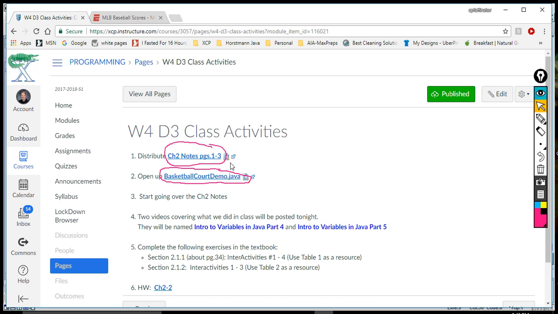But also make sure that you have done a save as with this Java document, so it is saved in your Chapter 2 folder in JGrasp, so you're ready to work on that and compile it at times. Okay, so hopefully you got all these. You got the notes, the basketball court demo Java open, and now we can start going through